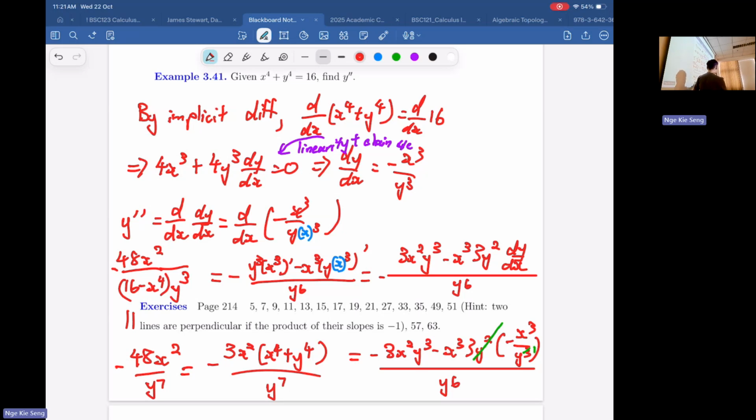Did I compute wrong? Anyone got a different answer? Did I compute wrong or not? No, you also get the same answer. But this y cubed is not satisfying. I cannot write it in x, so I should be able to write it in x. What's wrong here? Anything wrong?